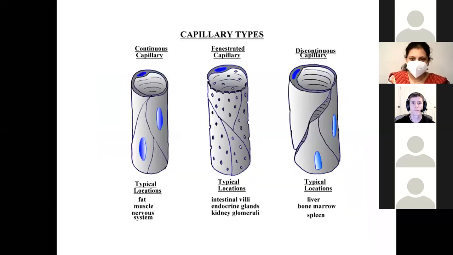And these are just showing you the different types of capillaries. Not going into detail of the types of capillaries, but just to show you that there are different types: continuous, fenestrated capillaries, and discontinuous capillaries. So except in this type of gland, an endocrine gland, that is the thyroid, where we will find fenestrated capillary.